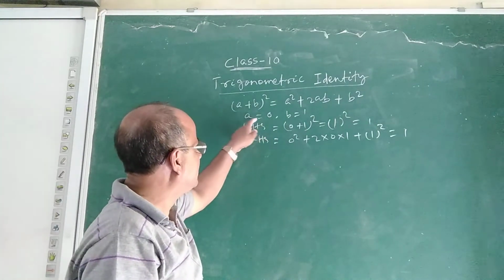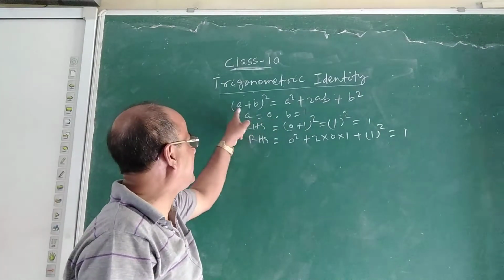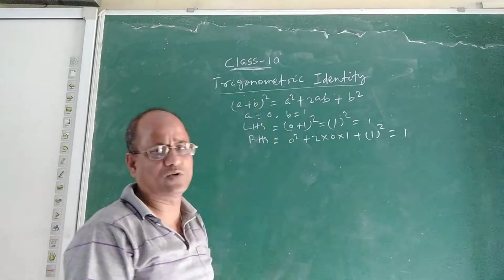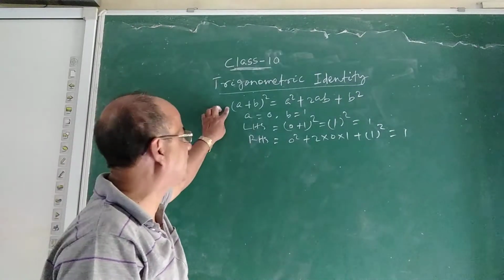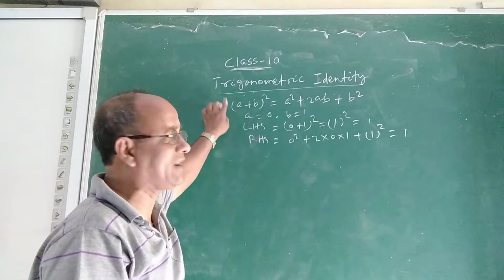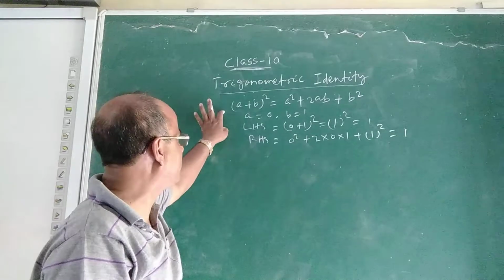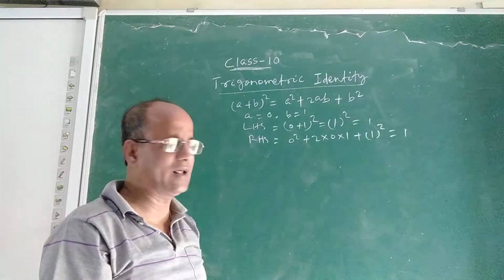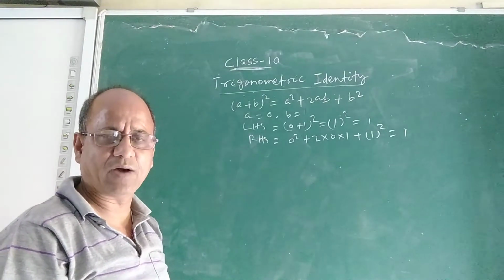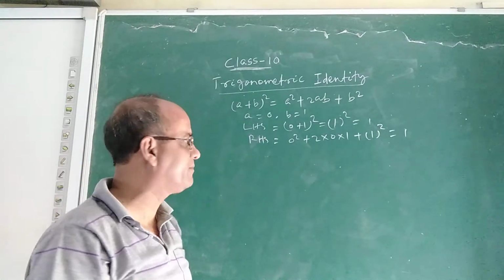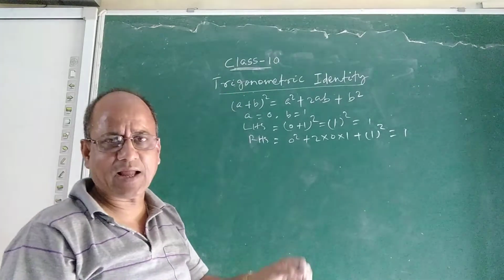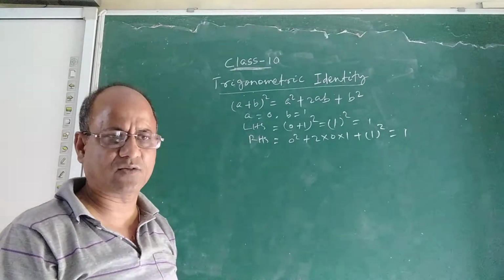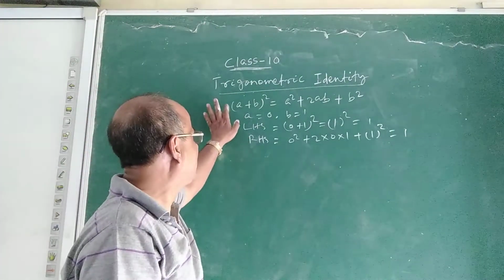Similarly, by giving any other values to a and b, we will always find that the value of LHS will be equal to RHS. That is why this equation is called an identity, and it is an algebraic identity because it involves what? Literals, namely a and b. You know what literals are from while reading algebra. So (a - b) whole square, (a + b) whole cube, (a - b) whole cube, many identities you have read in junior classes. So this is an algebraic identity.